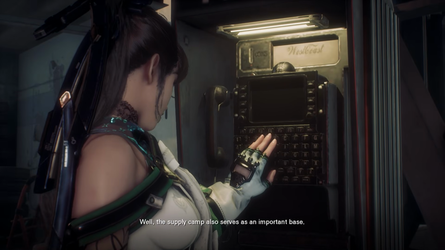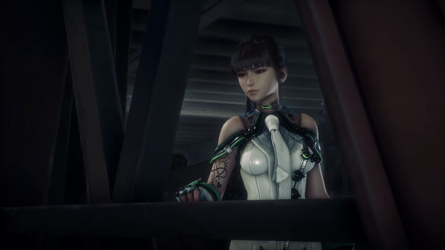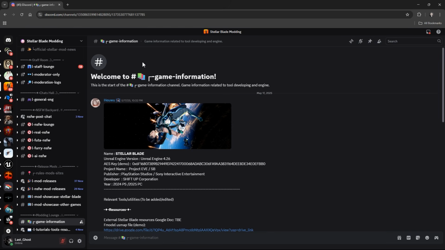This whole guide was focused on editing and replacing textures, and it works for any Unreal Engine games, not just